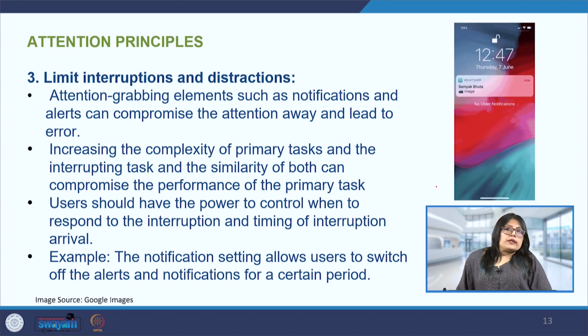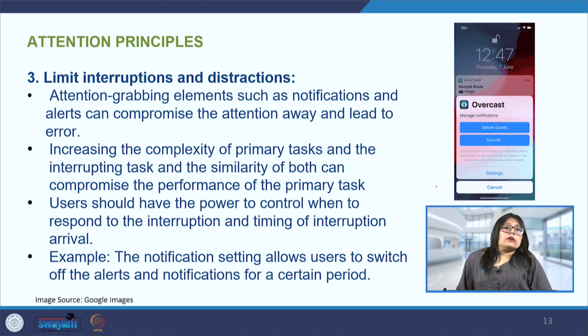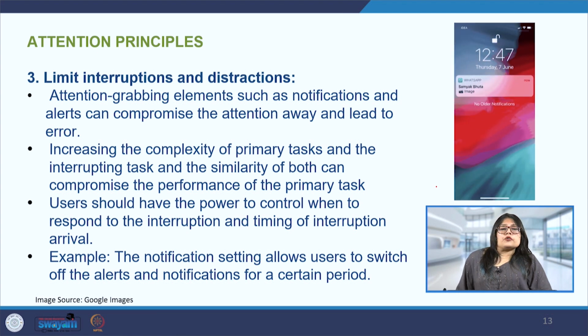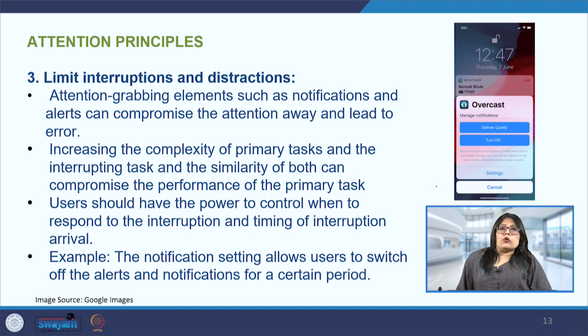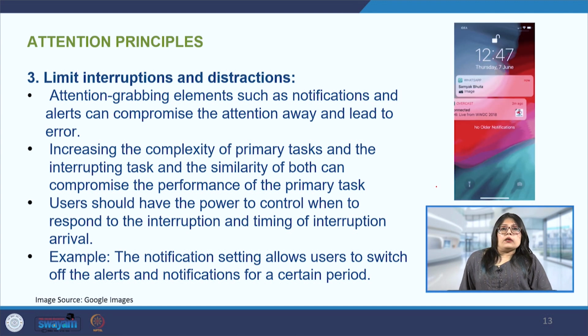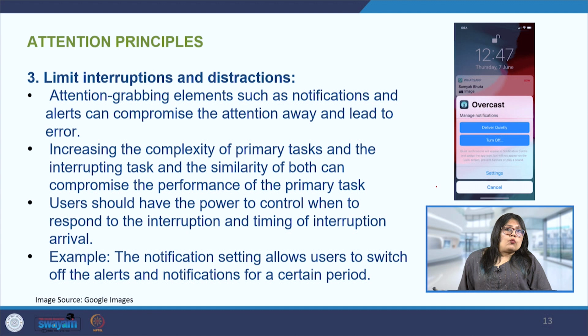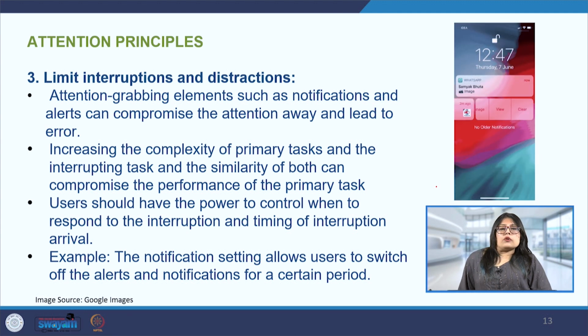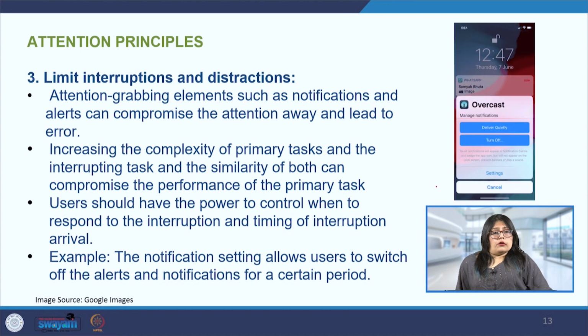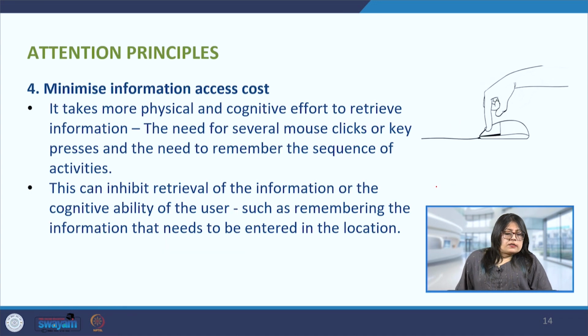And this can be done in several ways, like turning off notifications if we don't need them. When we are working in our office, we can turn off some notifications from our friends maybe, or certain applications we don't want distraction from, some shopping websites or social media websites. Then in that situation we will only be engaging with our primary requirement, which is our work at this given time. And when we are out there enjoying the weekend, we may want to turn off our official notifications, for example.